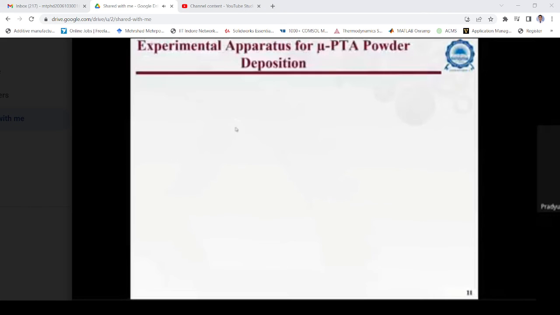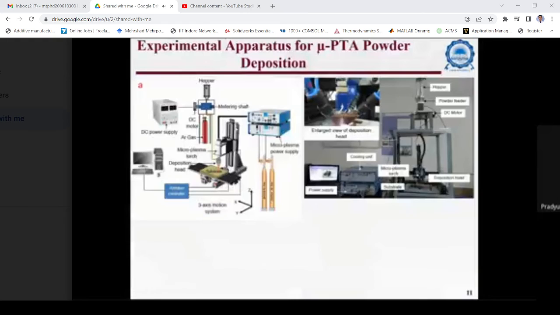Figures A and B show the schematic diagram and experimental apparatus of the microplasma transfer arc powder deposition process. It consists of various parts. First is the power supply unit, a DC power supply. Next are the deposition head and microplasma torch. The deposition head was developed to deliver the deposition material from the powder